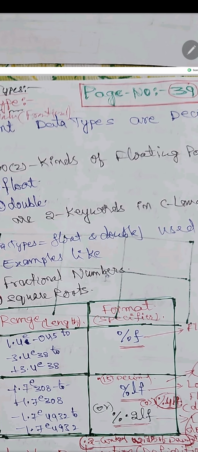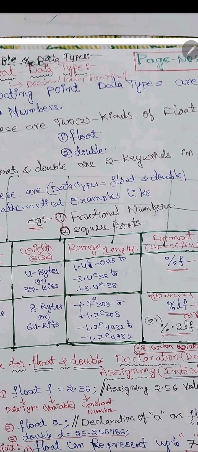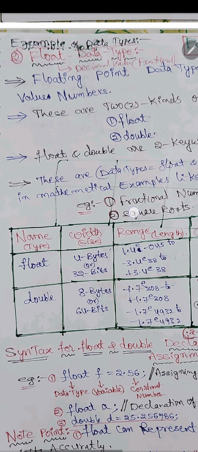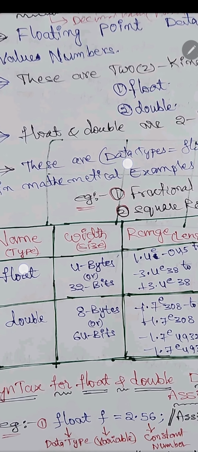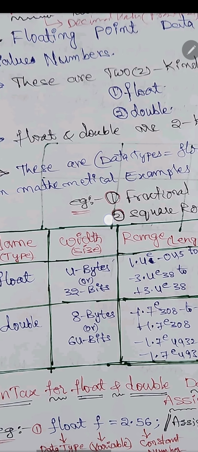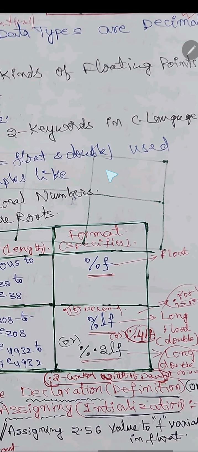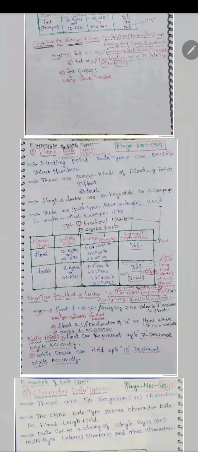These are floating point types, float and double. Double means a little bit bigger than float. Float and double are two keywords in C language. These are the data types float and double used